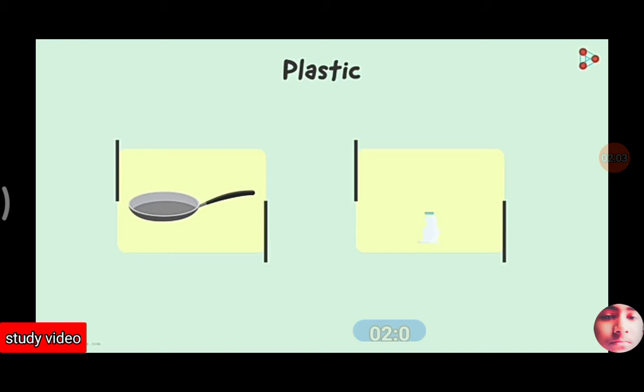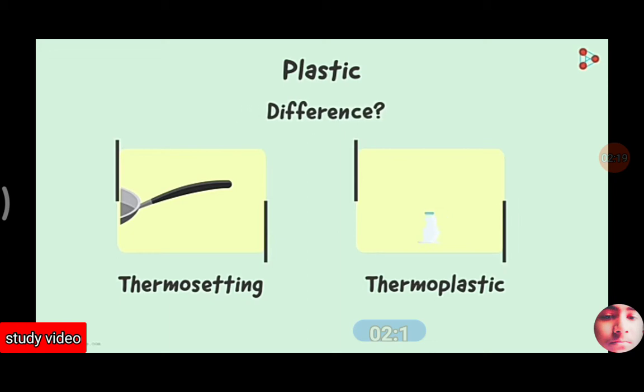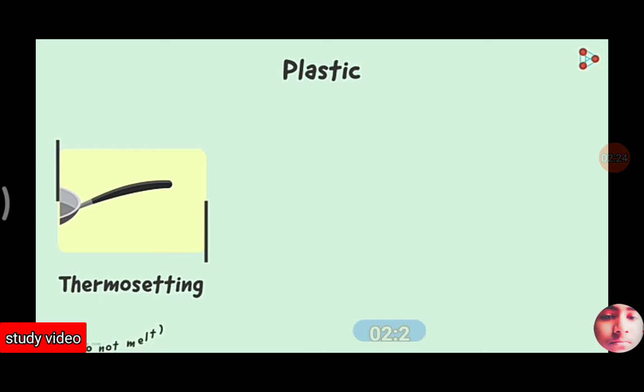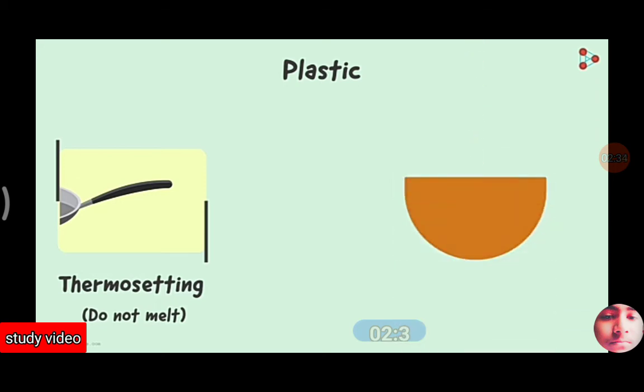Well, that is because the two are different types of plastics. The first one, which makes up the handle, is called the thermosetting plastic, while the other type is referred to as the thermoplastic. Looking at the incidence of heating, can you tell me the basic difference between the two? That's correct. Thermosetting plastics are those which do not melt on heating. While manufacturing the particular article, when the plastic is casted into mold, it takes up the form permanently. It cannot be remolded later.